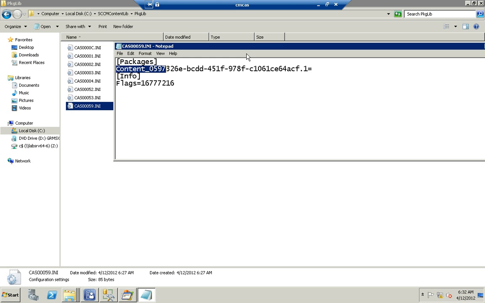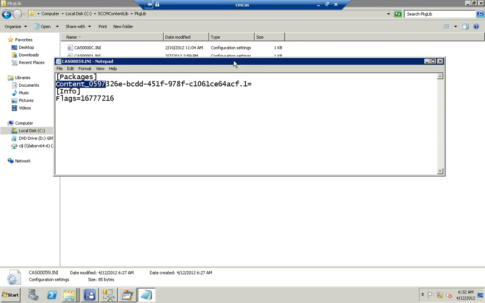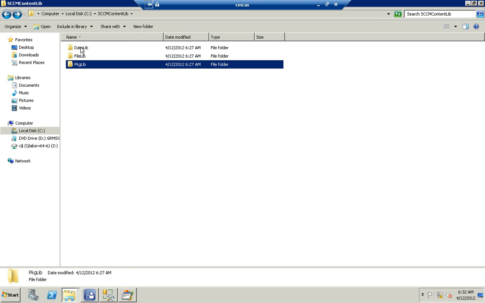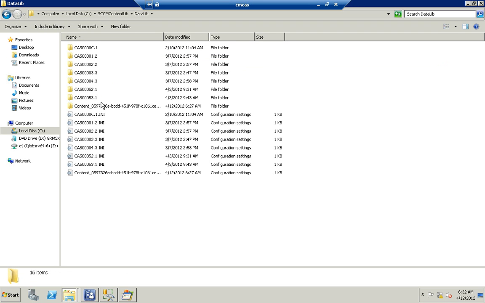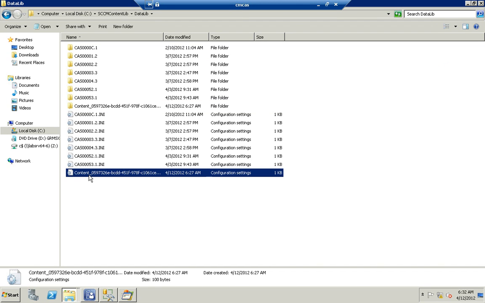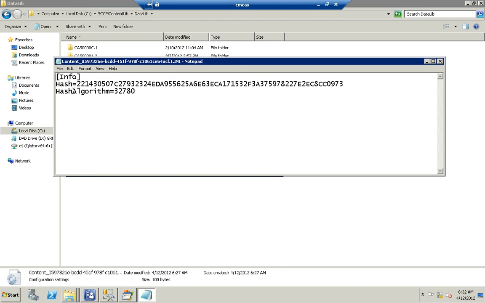So basically, the CAS ini file is linking to the actual package source location. So here's 59. So let's go back to our data lib now. If we look in data lib, we don't see 59 now, but we do see this content 059 folder. We also see another configuration file with the same ID. If we look in the configuration file, we'll basically see a hash value for the content as a whole